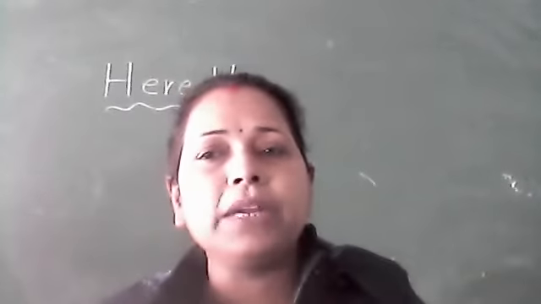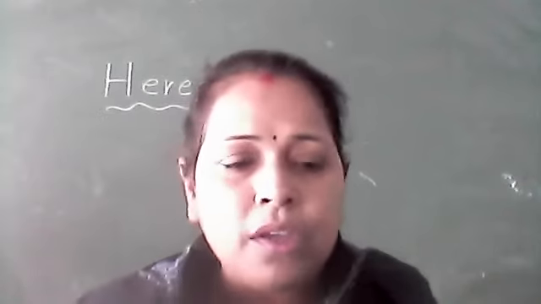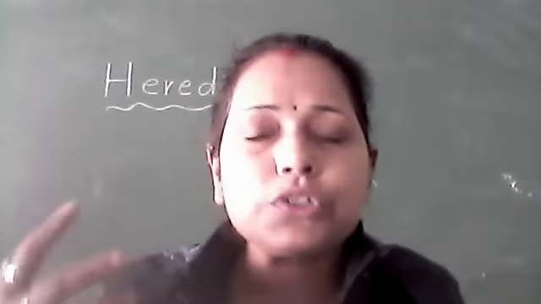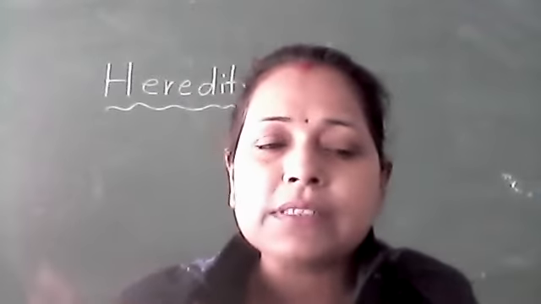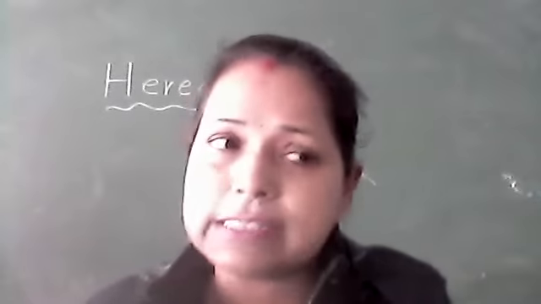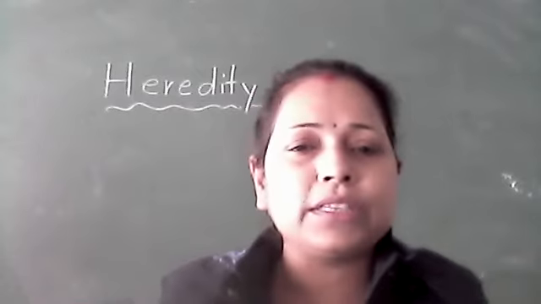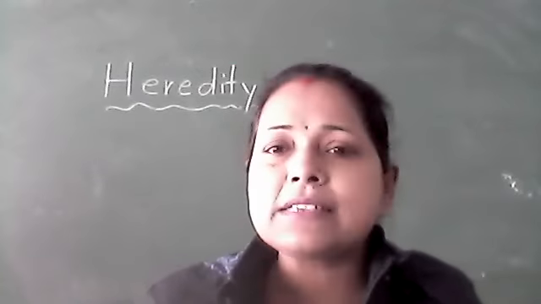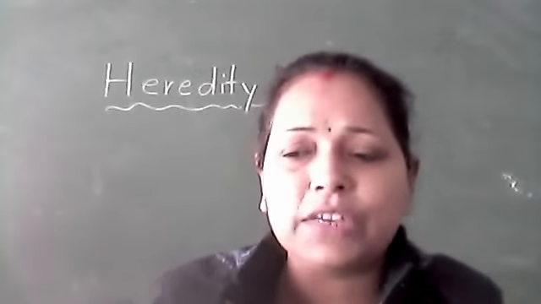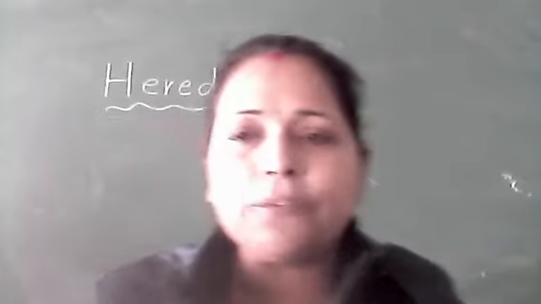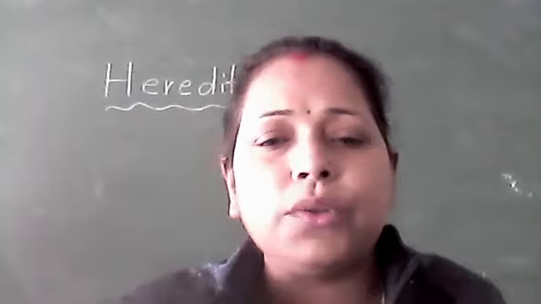Okay, और pure line breed. इसी के लिए हम लोग true breed या pure line breed term को यूज करते हैं. अगर वो tall plant है और several generation तक, मतलब बहुत सारे generation में उससे सिर्फ हम लोगों को tall ही plants मिल रहे हैं, तो we are going to use the term true breed. And if it is a short plant for several generations, we are obtaining the short plant from it, then we call it as true breed or pure line breed. Now I think these two terms are clear to you all.